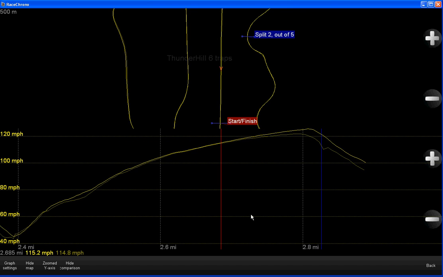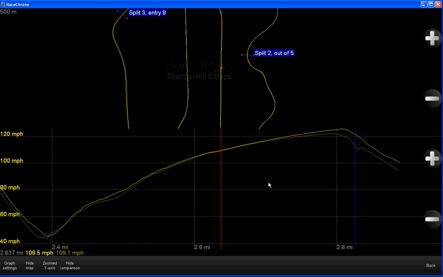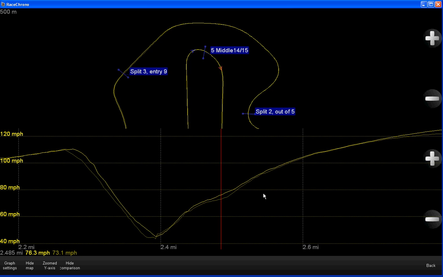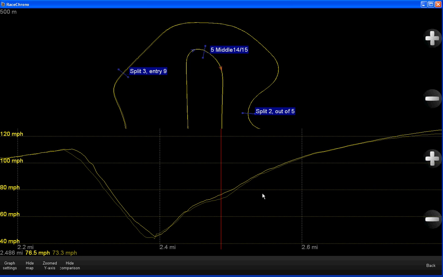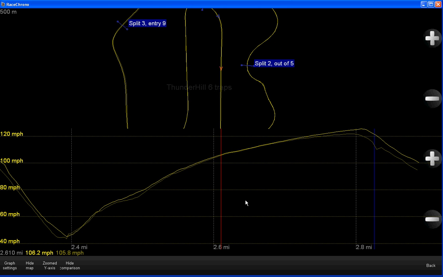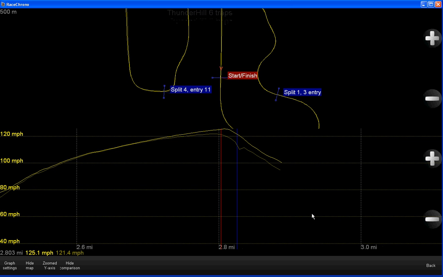So let's take that back to the exit of turn 14-15 and see what the terminal velocity was coming out of there. So let's say it's about the exit to 15 there. So I was a good 3 or 4 miles an hour slower on the slow lap coming out of 15 than I was on the fast lap, which makes a huge difference when you get to the end of the straight. So that kind of concludes the first intro to the RaceChrono,